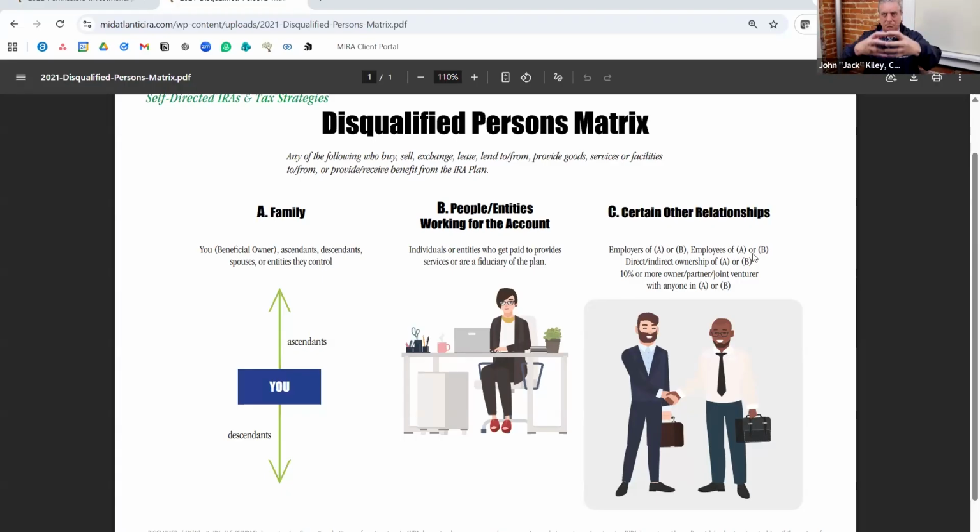You're just merely putting the money side by side and investing at the same time. Now, when you do that, you have to be a little careful in that everything has to be done at the same time. So the investment needs to be made at the same time. Typically what people will do is they'll set up an LLC. The two IRAs would invest in the LLC, and the LLC would buy the property.